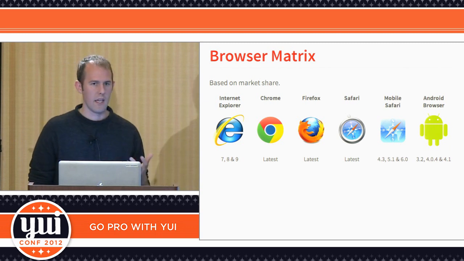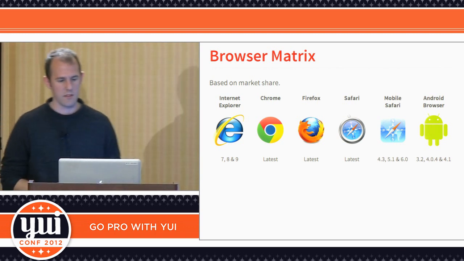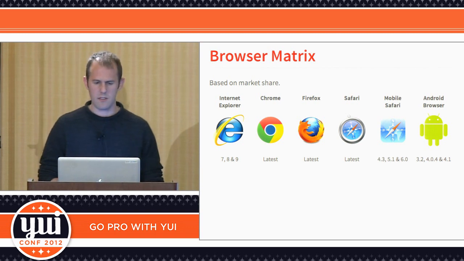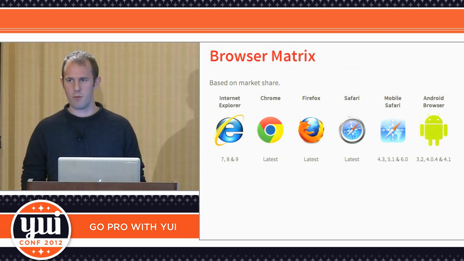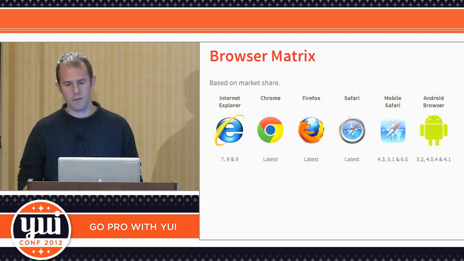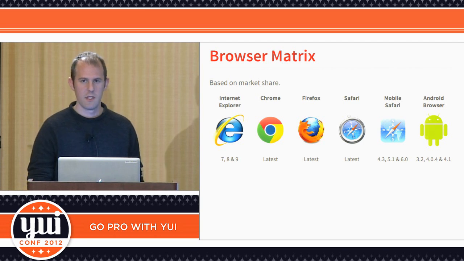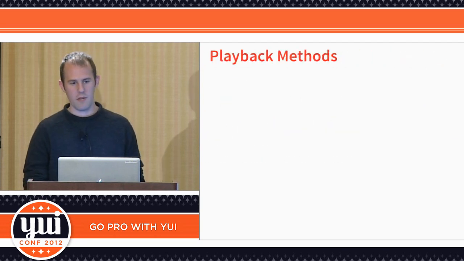Looking at our analytics, we chose these browsers to target and to focus our testing on, because we had limited resources there. And the interesting thing is that most of the desktop browsers have gone into this auto-updating model, which has made it really easy to keep up to date with testing on them. But both in terms of devices and Internet Explorer, we're really stuck with testing on every single one of those different devices. And then as far as playback methods go,